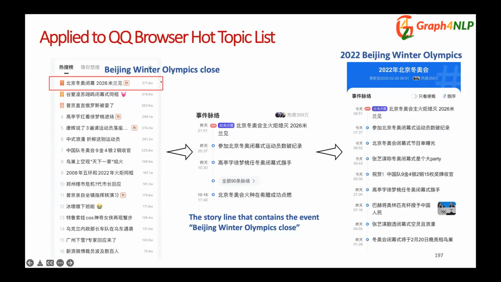So the Story Forest system was applied to the QQ Browser hot topic list in 2017, and this is how the product looks nowadays. Basically, we have a list of different hot topics. Let's say this hot topic is about the Beijing Winter Olympics closing ceremony, and if you click on it, it will show a storyline organized by time,